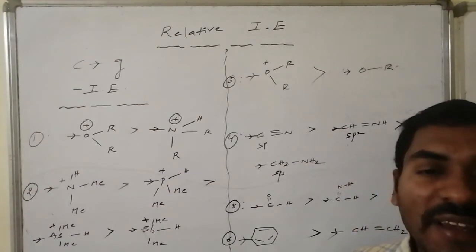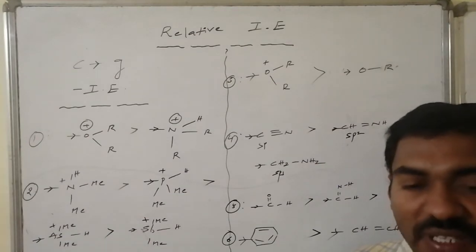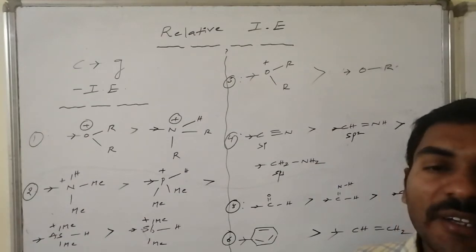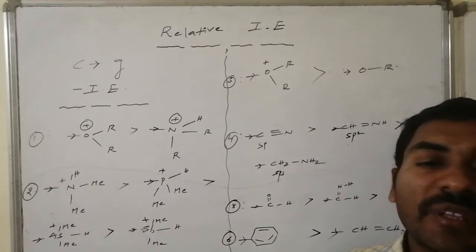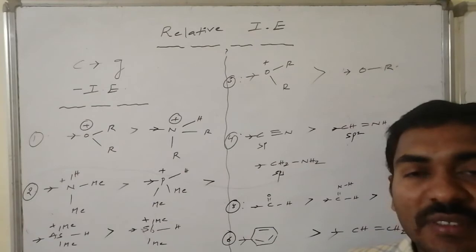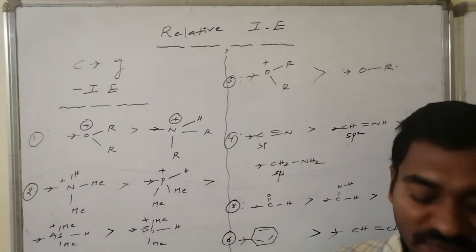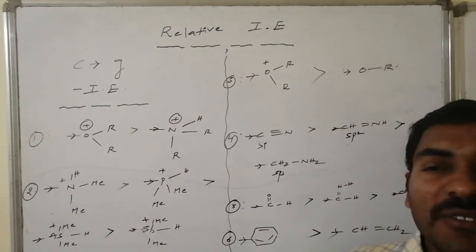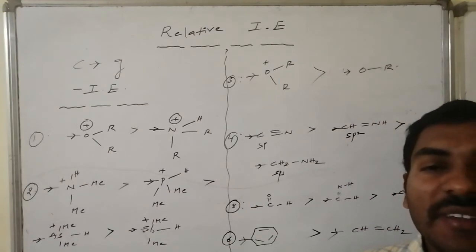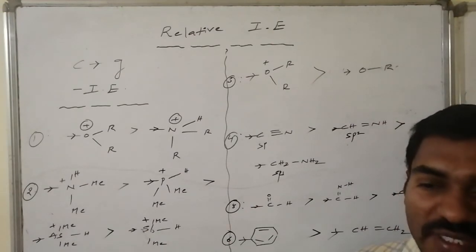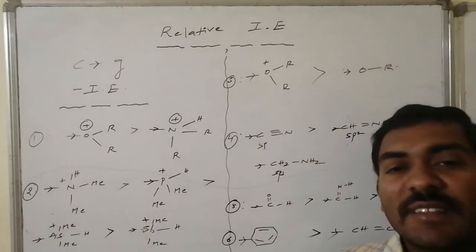And you remember blindly one particular piece of information like this: all positive charge containing species are deficient, eager towards electron density, hence withdraw the electron density from the connected carbons. Whereas all negative charge containing groups, where the central atom is having 1 unit of negative charge, 2 units of negative charge, they are having excess electron density. They want to donate the electron density, they will push the sigma bond electron density to the connected other carbon present in the saturated part.